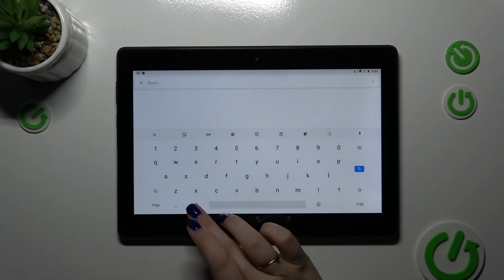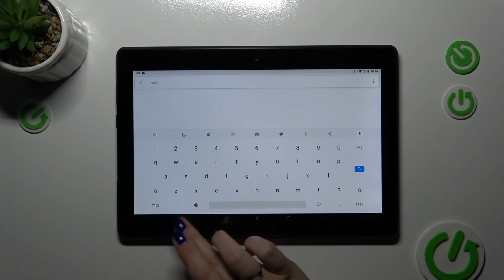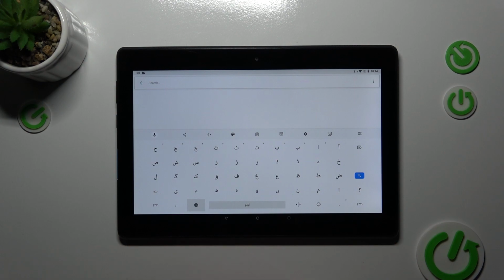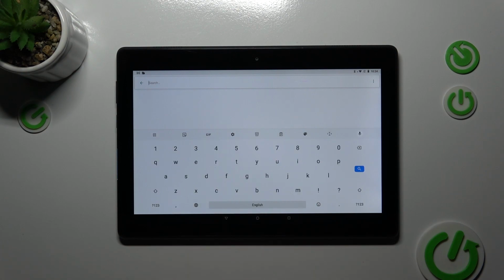So the first one is the language key, which will allow us to change the language. Just by tapping on it, we can switch through the keyboard layouts. As you can see, we've got the Urdu one, and after tapping on it again, we've got English. The same situation with the spacebar. I mean, it is not empty anymore. Right now, we've got the name of the language we're currently using, so the English, Urdu, or any other language you've got applied. So this is how to use the keyboard if you've got two different languages added,